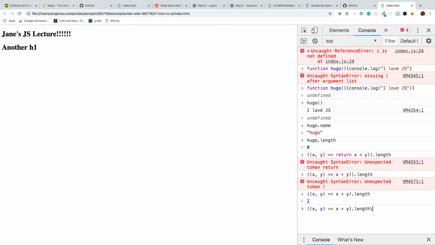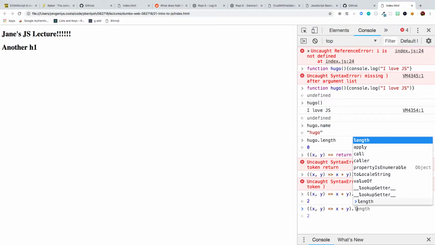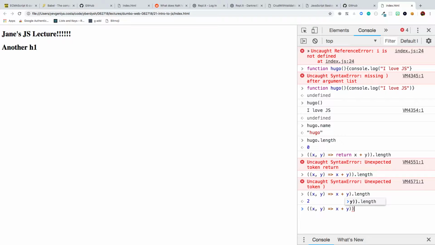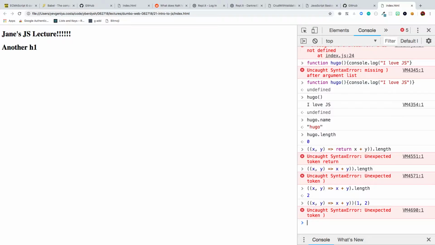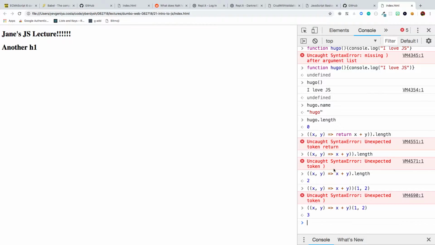Like, look. I can wrap this whole thing in parentheses, and then I can invoke it. There's an extra parenthesis. Now what? Another extra parenthesis. Oh no. Why? So there you go. And that's something you can basically never do in Ruby. It just won't work.